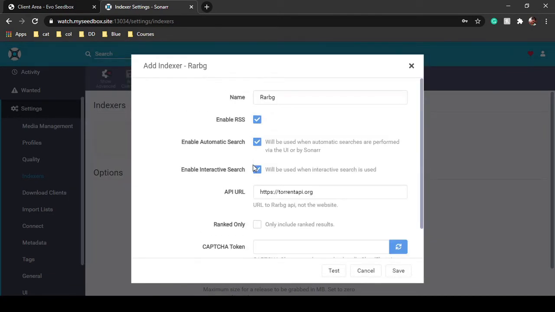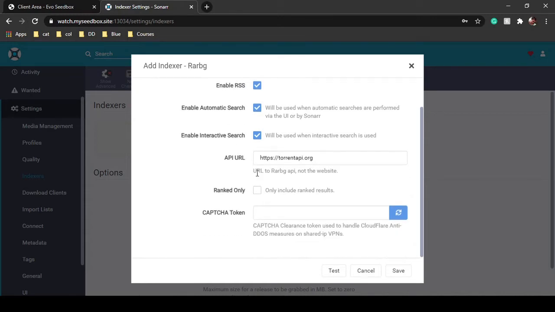As you can see, there are options to enable RSS feed and enable automatic search. These are some personalization options that you can do at your convenience. I'm just going to do this and click on test to see if it's configured rightly or not.